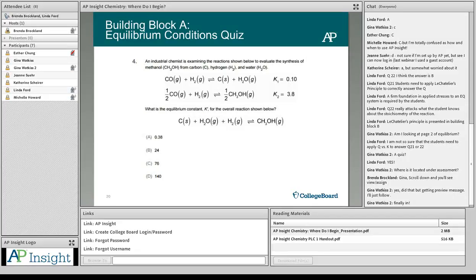All right, so this one, you should have gotten letter D. And that's because you needed to take the first reaction and reverse it, which makes our K value 10. Sorry, yeah, 10. And take our second one and double that reaction, which means we're actually going to square the K value, which